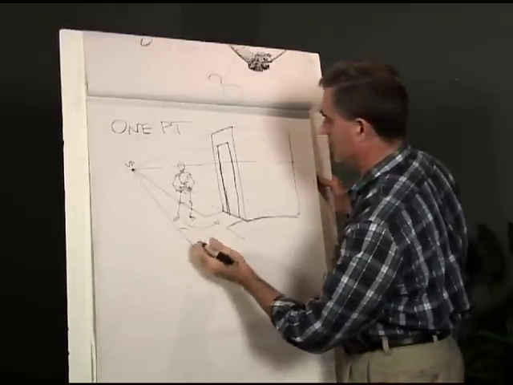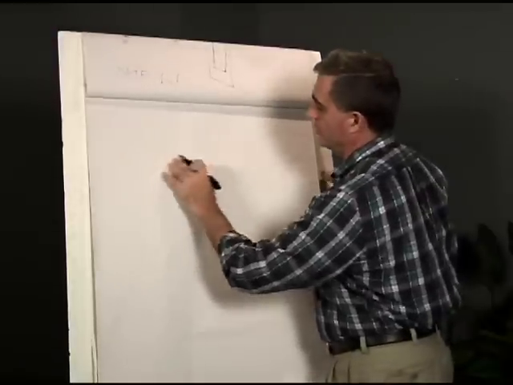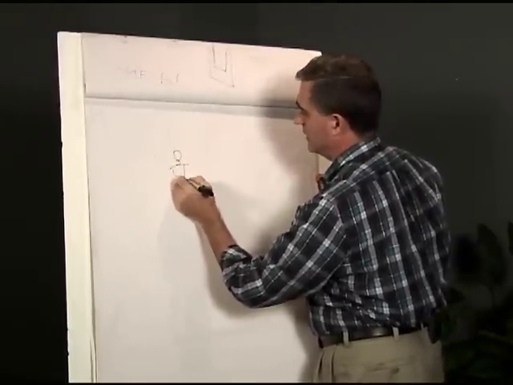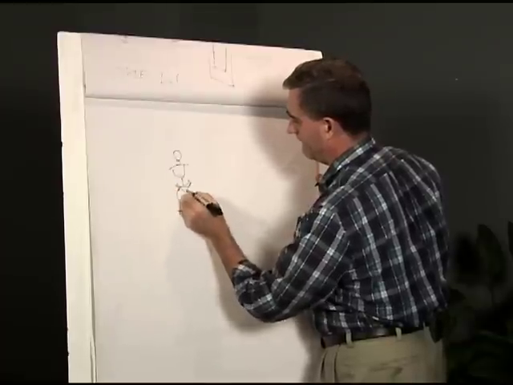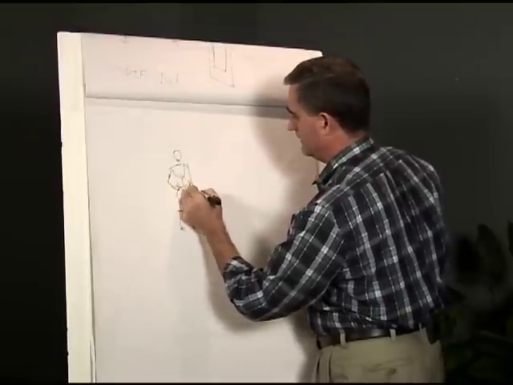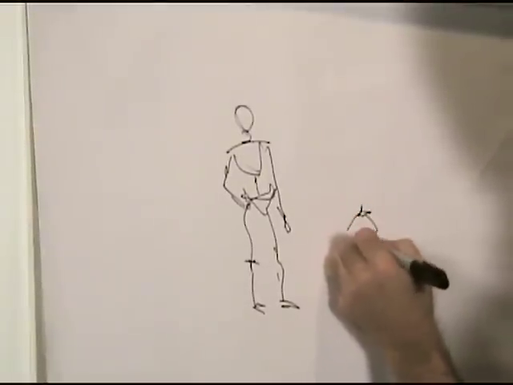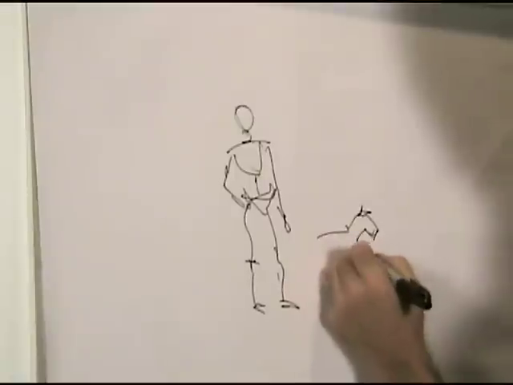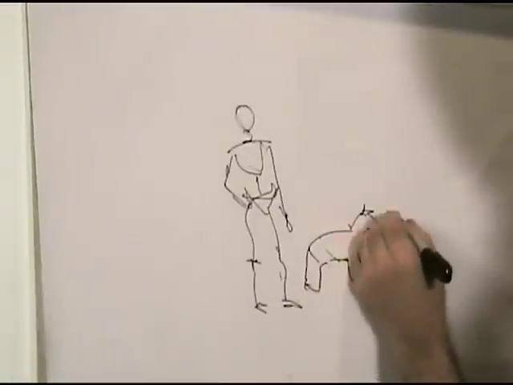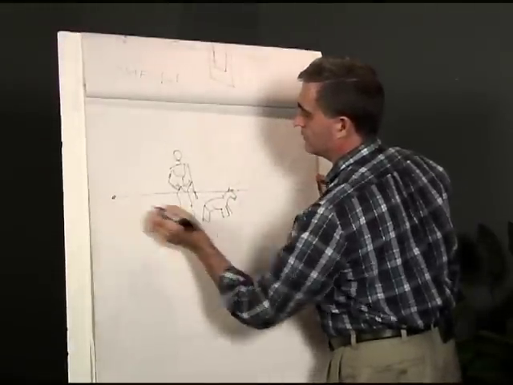Now from a dog's perspective, or a lower than normal human eye level, we're going to draw our guy here again. And now we've got a dog's view. He's standing here and he smells something, or he's in the action here. His point of view is right here, that's about where his eyeball is. And if we put the vanishing point out here,